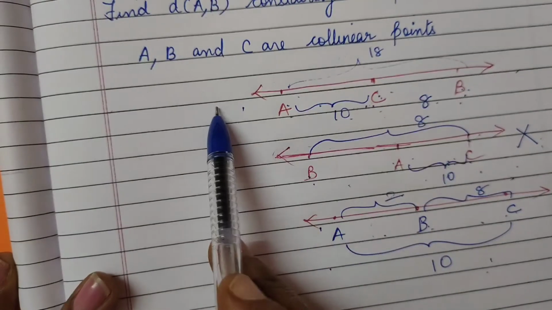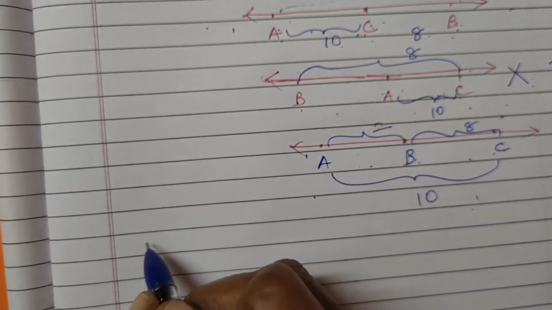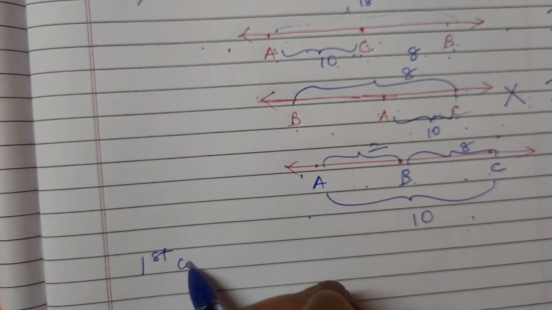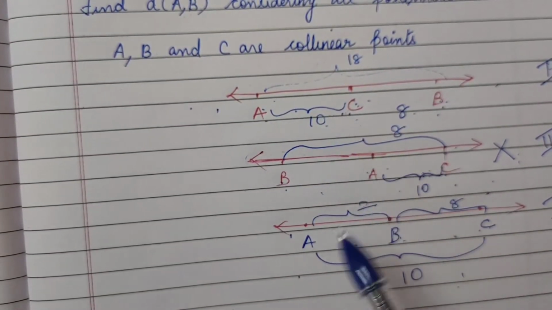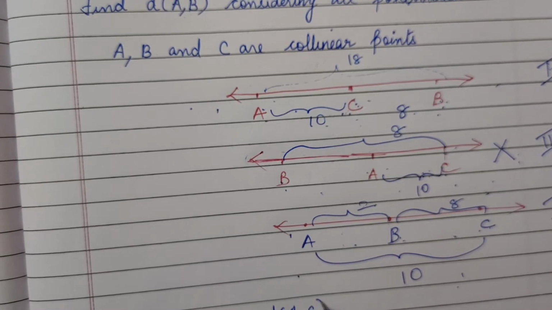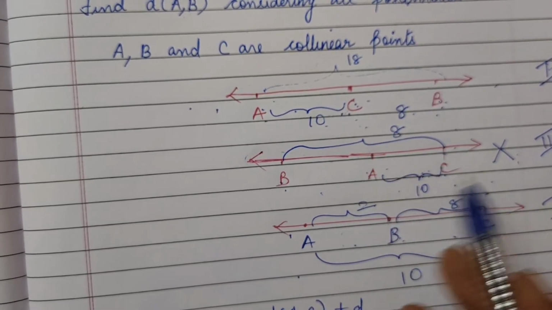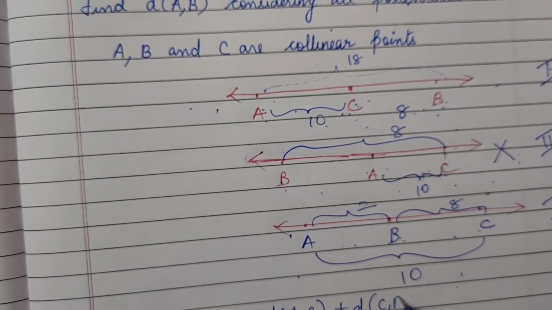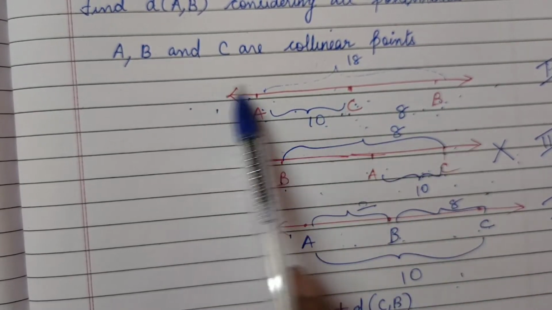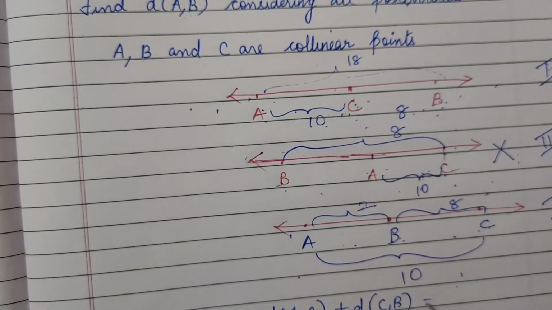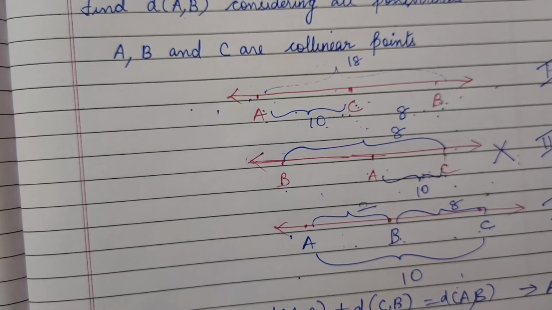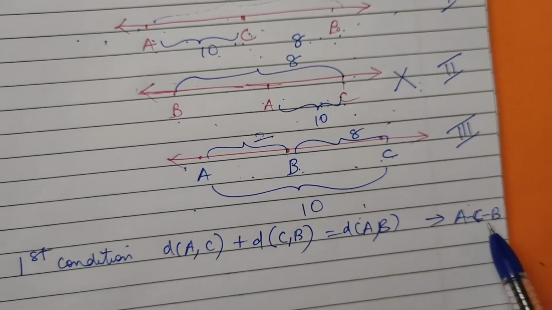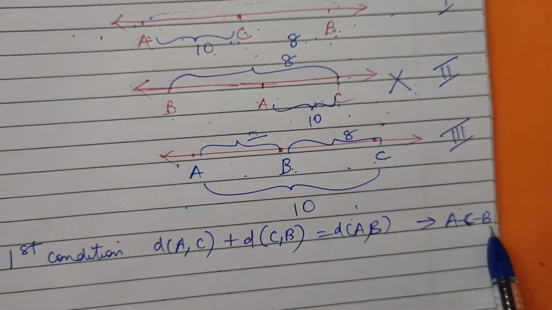Okay. So for the first condition, we will write it like this. First condition or first possibility, whatever you want to use, you can write it. So how will we write it? Distance of AC plus distance of what, my dear? Looking at the figure, we write distance of CB. AC plus CB is AB. Distance of AB. What I taught you, the between, which is between we have taken A dash, C dash, B. That is C is between. What does this mean? That is C is between A and B.